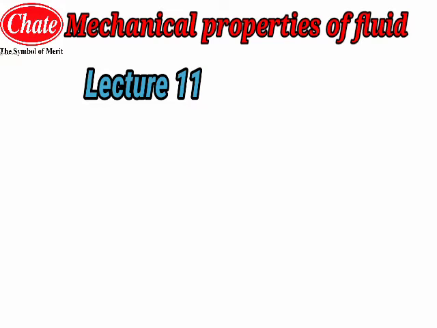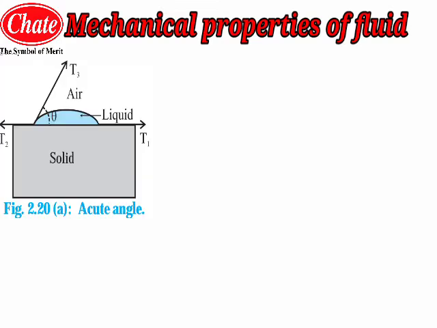Now we will be proceeding to the next part of this chapter. So now we will see the shape of liquid drops on a solid surface. How does it work? What is the mechanism behind that? We will see now. When a small amount of liquid is dropped on a plain solid surface, the liquid will either spread on the surface or form a droplet on the surface. So these will be two cases of this experiment.